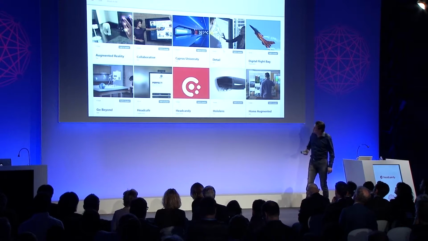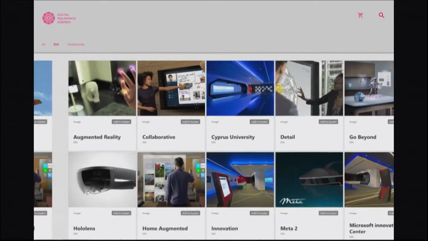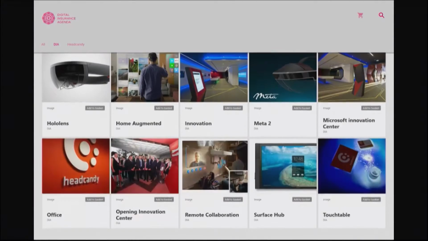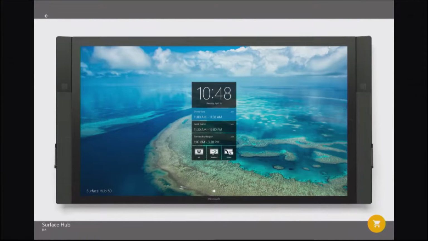So what I did beginning of the afternoon is actually ask my guys in the office to upload some of the projects and some of the technologies that we currently work with. So what you see is a large overview of all kinds of content. I have DIA-specific content that I wanted to show today with Service Hub, for instance, and I can open this content, I can show it to you, and if you like it, I can just say, okay, I'll just share it by adding it to a basket.